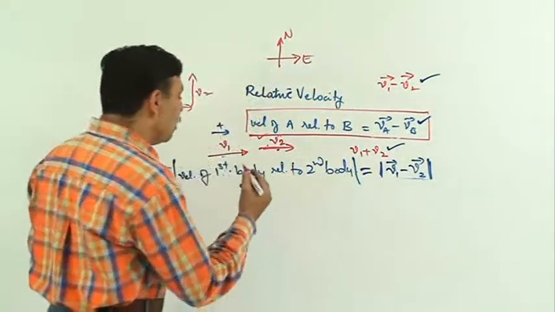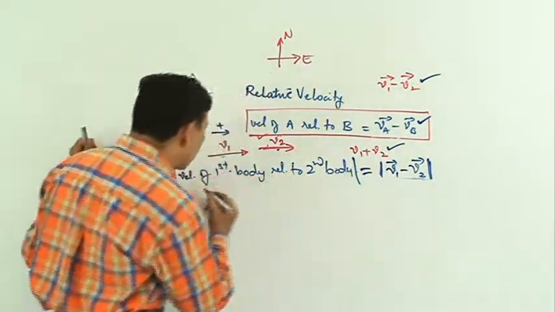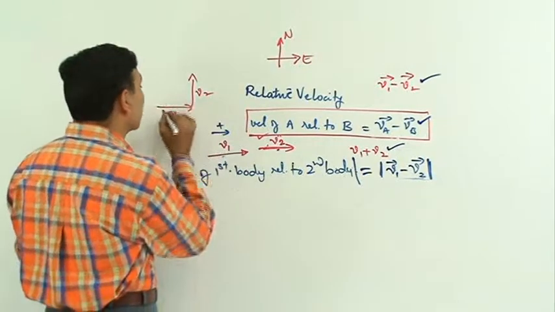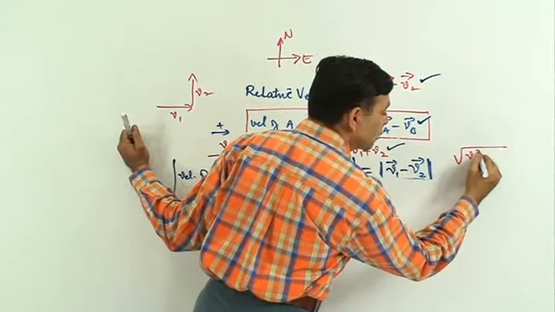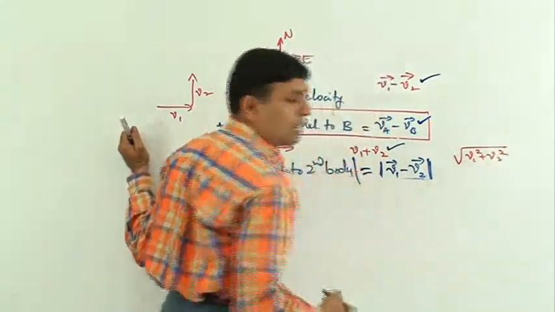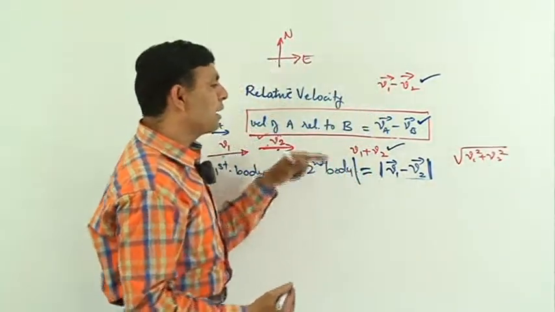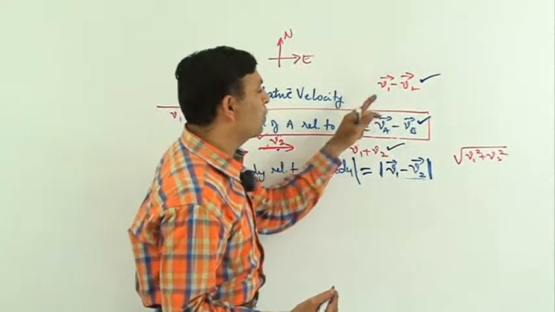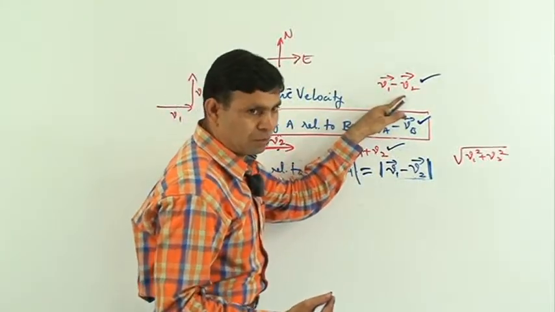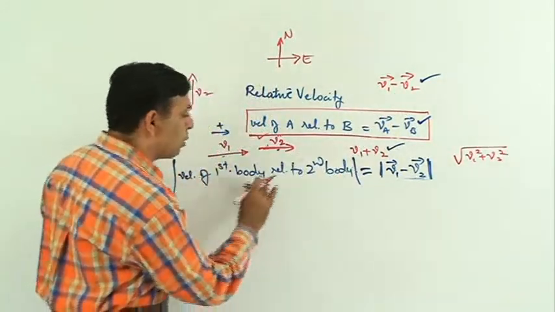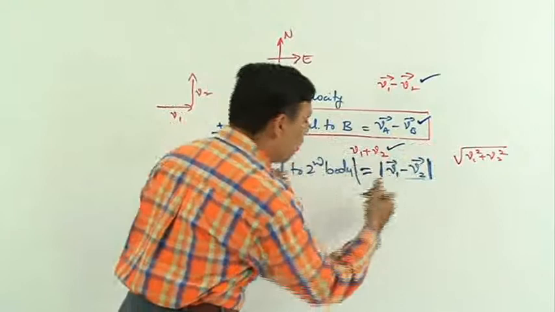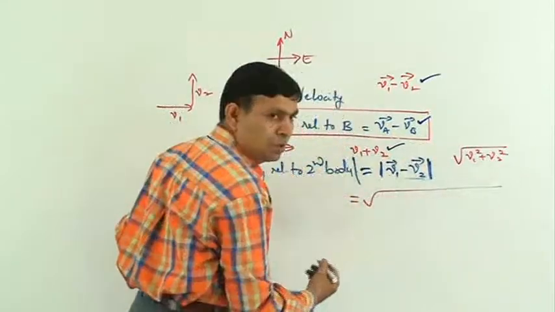Is it clear? Now, the same books will tell that when these two bodies are moving mutually perpendicular to each other like this, then the relative velocity's magnitude will be root of v1 squared plus v2 squared. That you know very well. By definition, it is again the same thing. Velocity of first body relative to second body is v1 minus v2, vector subtraction. And then if you try to get the magnitude of relative velocity of first body relative to second body, mod of this I want,